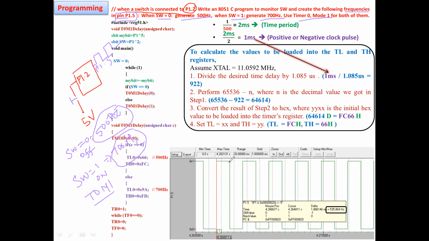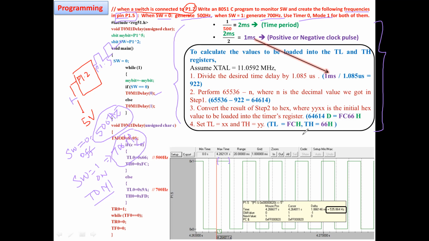As of now, you know how to generate a delay for one clock cycle. Before toggling, by using a timer, you can generate a certain delay, right? That is for only either the positive half cycle or the negative half cycle. So how will you generate the frequency? Anybody have any idea? All the data I have placed in the slides. If you understand, please tell me so you are very clear with the program. Then